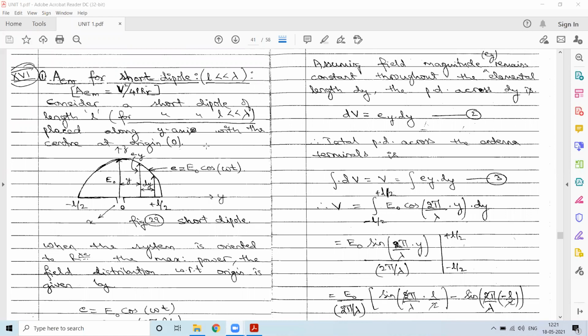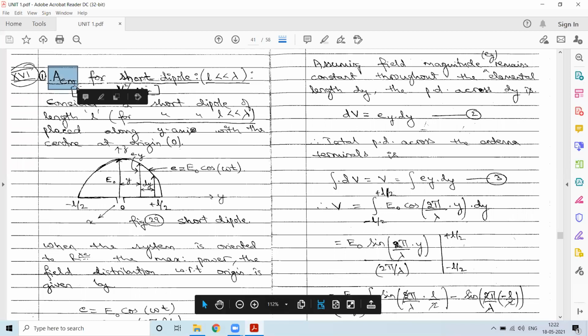So, in the previous session, we obtained the equation for the maximum effective aperture of a short dipole, and before that, we discussed some of the aspects related to apertures, in which we saw what is meant by effective aperture, loss aperture, collecting aperture, and physical aperture. So these are the aspects we discussed in the previous session. And we obtained the maximum effective aperture for the short dipole.